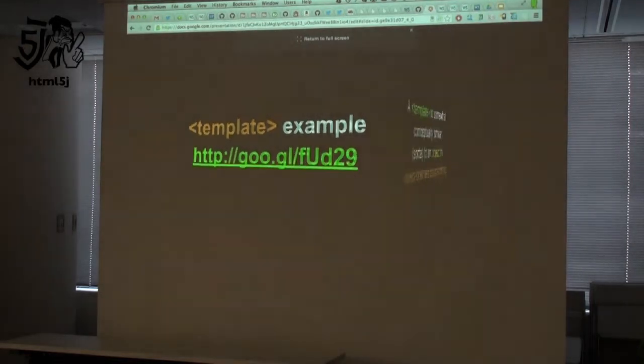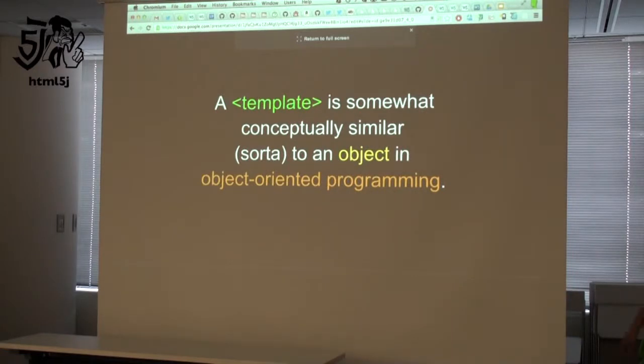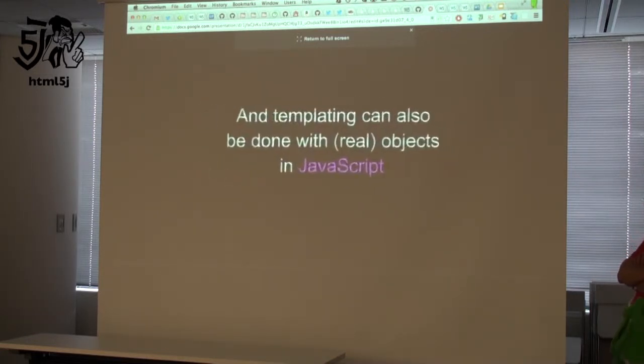So this is actually nothing really new. A template, this template element, is conceptually similar to, not exactly, that's why I say similar, sort of, an object that you use in object-oriented programming. What's different about this, though,